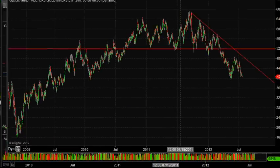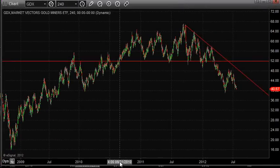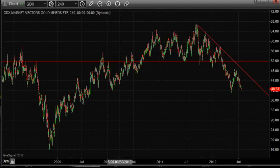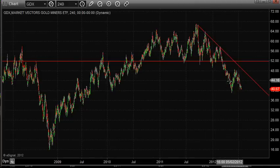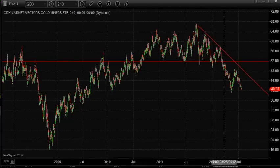Looking at gold miners, here's the gold miner chart. This is zoomed back to a couple years. You can just see how choppy it is, how it's kind of made a top here, eventually broke down. It's started to pick up speed to the downside. I wouldn't be surprised here